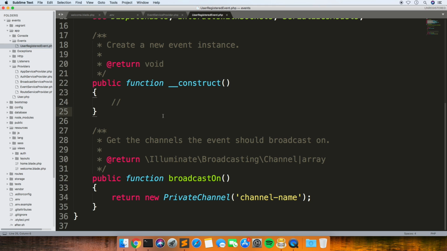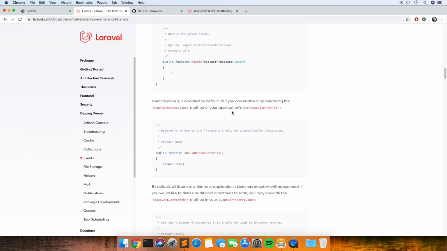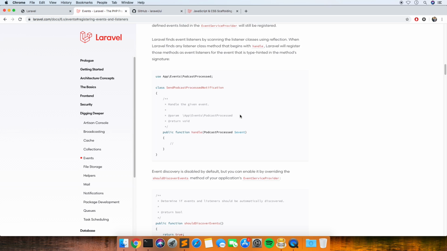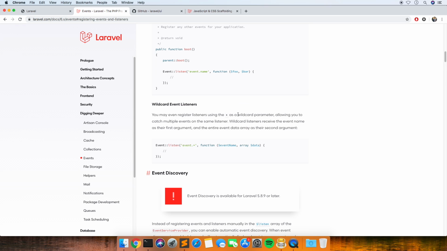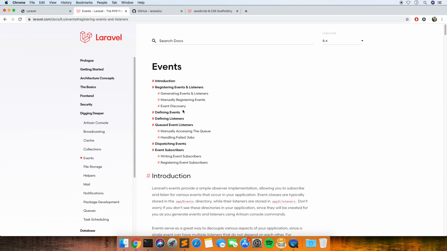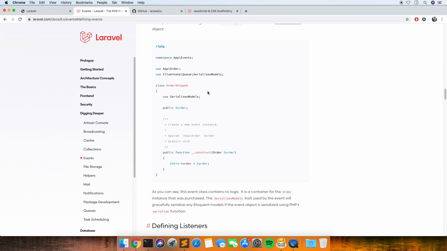Right, so let's have a look. So usually in the documentation you get quite good examples. So what I'm going to want to do is, right, yeah. So this is an example with a model being passed to it. So we're going to need to make sure we've got this use serializes models.